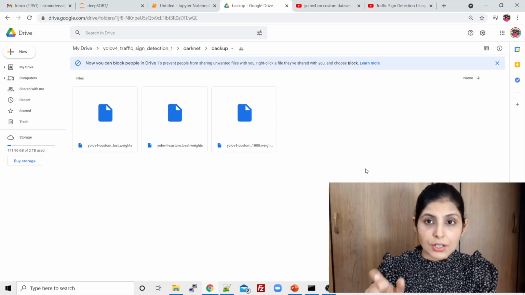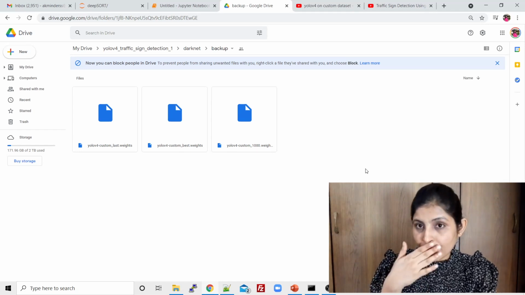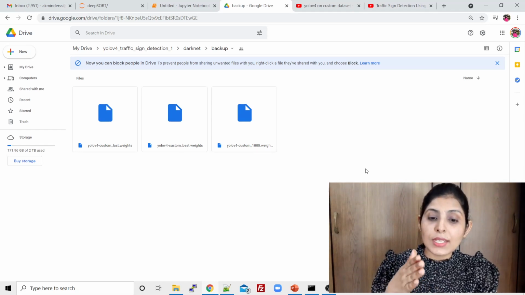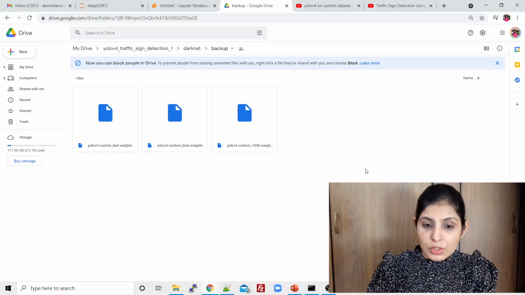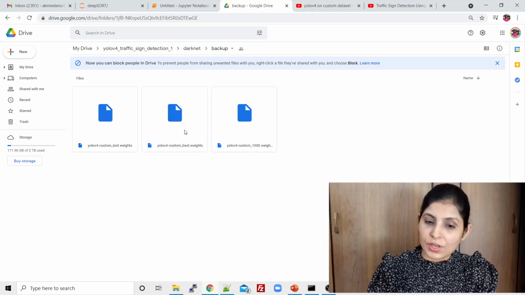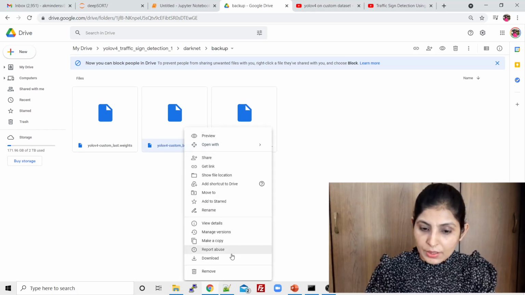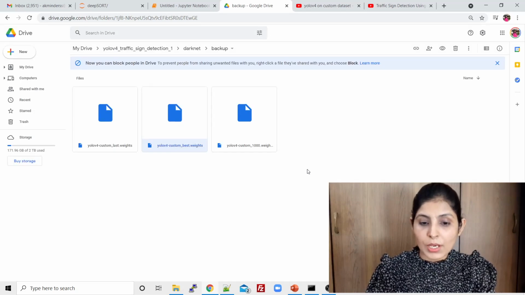So we need those weight files, because we get this weight file after training the object detector. So I'm downloading this file, YOLO V4 custom best weights. You can download this file from here because we need this file for our object detector. So I'm downloading this file.